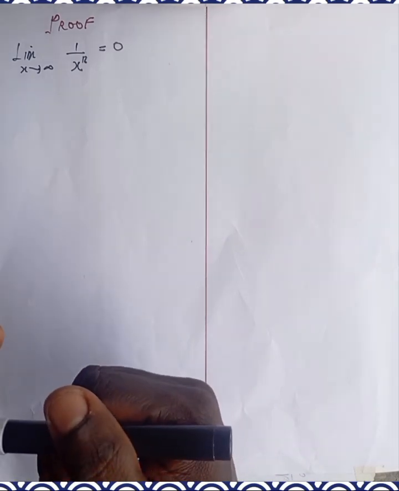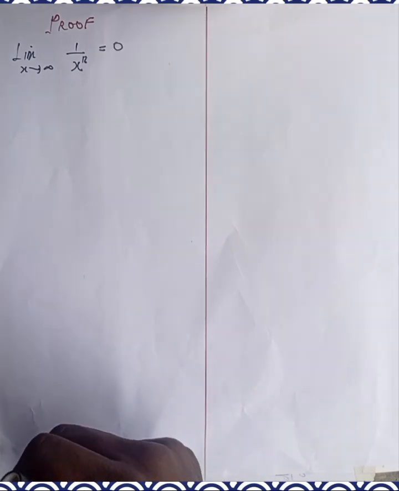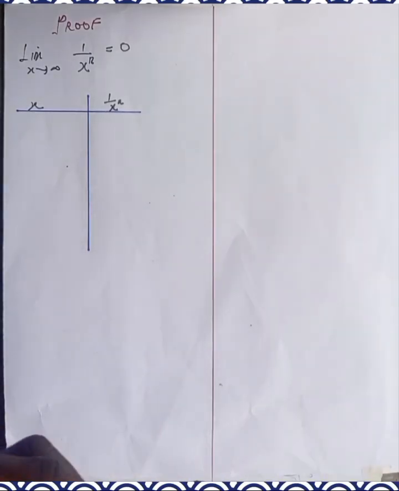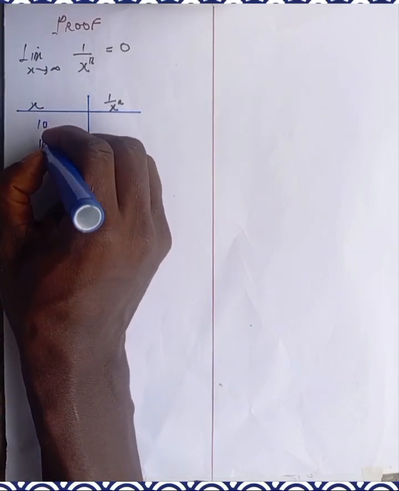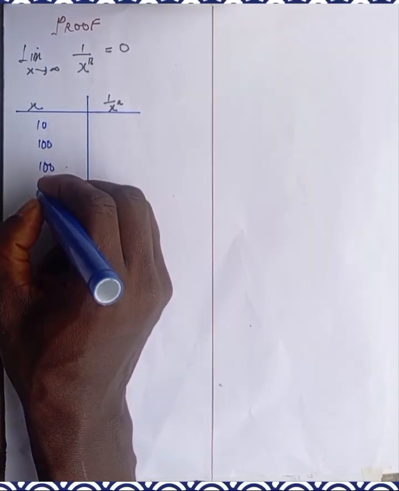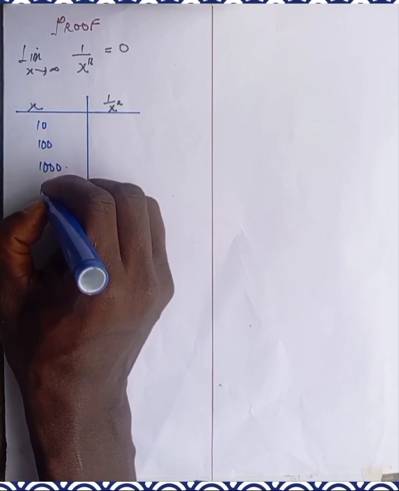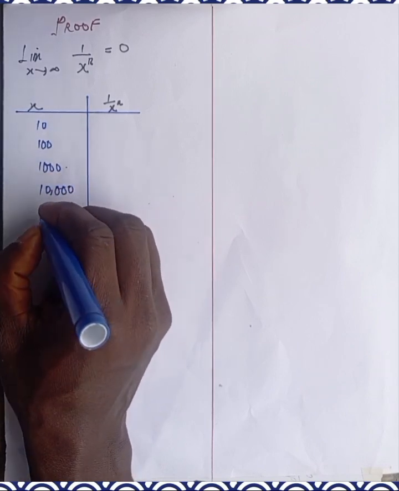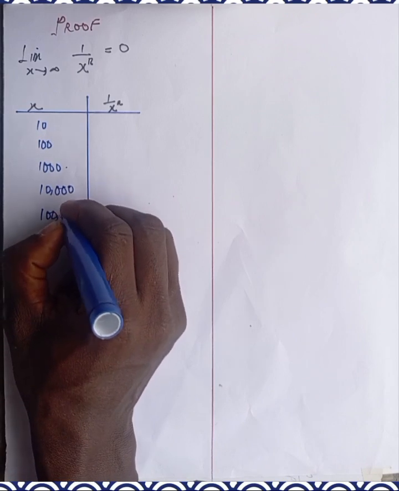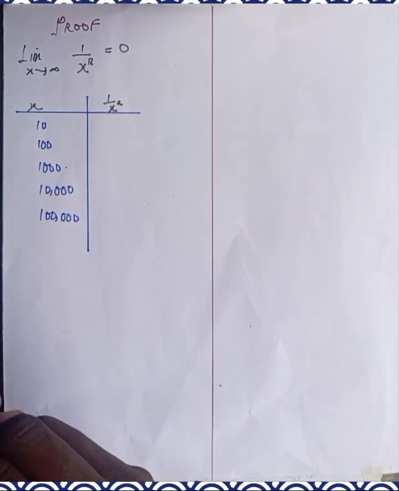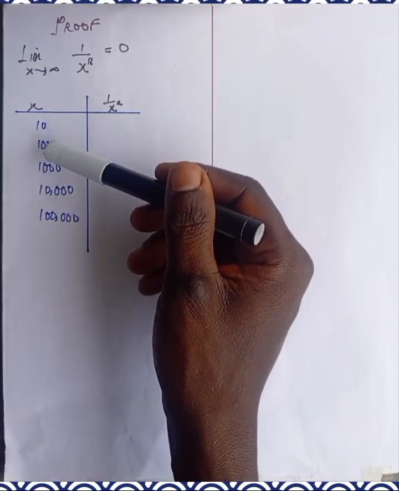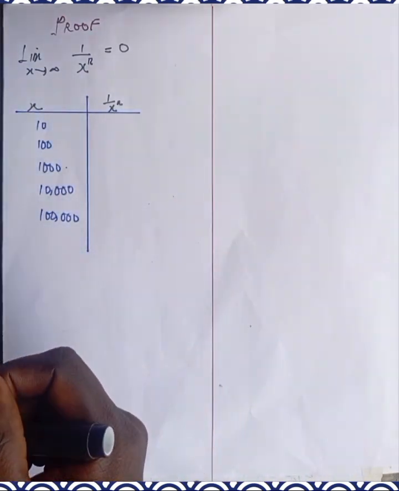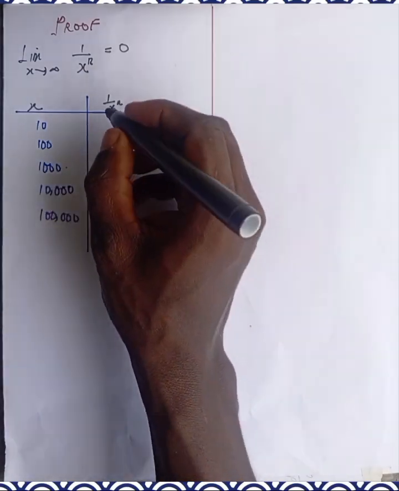So let's write down our table and then fix in the values. So let's pick out the value for x. As s grows larger and larger, we can take 10, can take 100, 1000, 10,000, 100,000, and so on and so forth. Now let's find the value of x from this function. So we are going to get 1 over 10